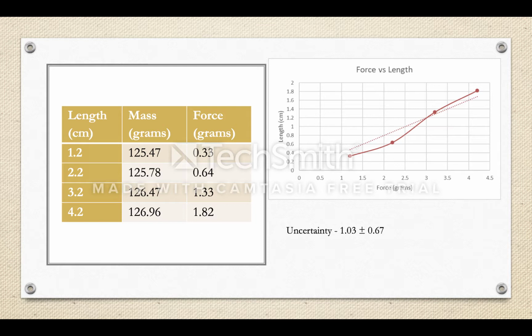The slope of the graph shows that it is approximately linear, but shows quite a bit of error being present. The uncertainty of this graph is 1.03 plus or minus 0.67, which means that the error present could be due to the random error of measuring the length and also the